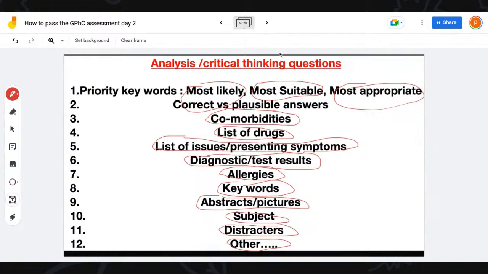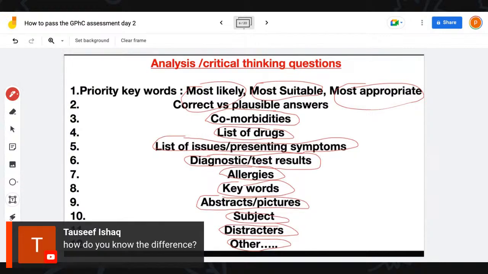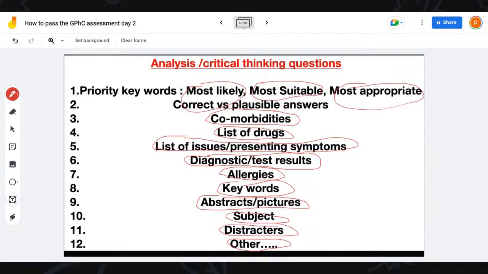So are we ready for an analysis question? I'm going to show you the strategies so that they become so easy for you. Someone says, how do you know the difference? This is exactly what we're going to do. So let's get straight in, guys. Are we ready? Give me a one. Let's look at an analysis question. The questions are getting slightly harder, but we are using the same correct principles to answer them. So let me go onto my slide. One second.